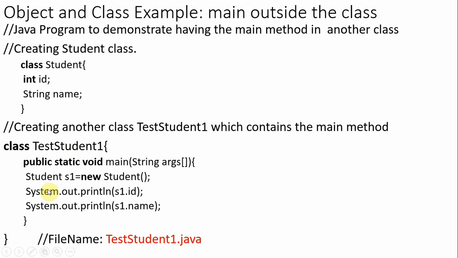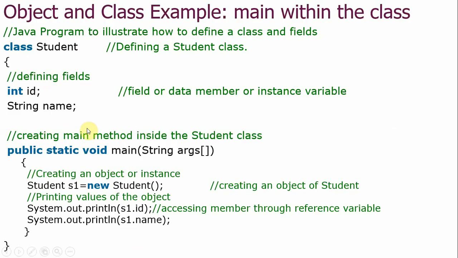The things are the same. We can create an object for the Student class, and we can access the members of this class with the help of the object of that class. That is possible. Now if you want to save this file, when we have only one class, we can save with the single class name, and when we execute, we use javac Student.java and java Student. Like that we can execute this program.